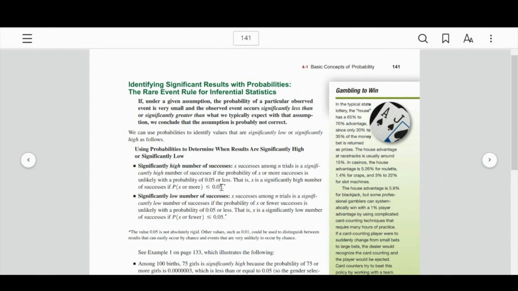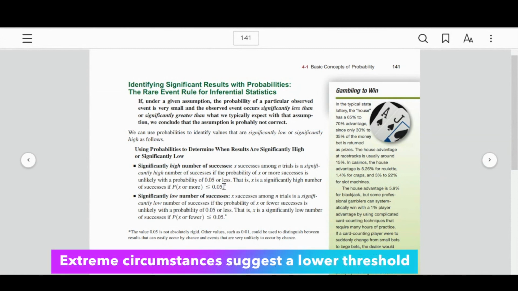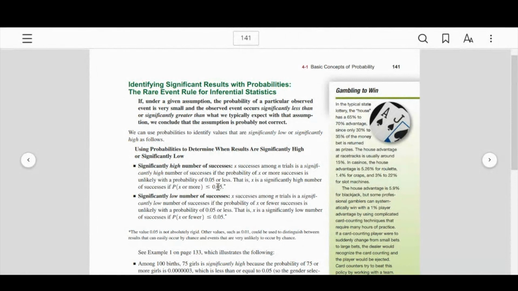Anyway, if you are sending people into space, you want fail-safe measures to be pretty safe. You don't want things to go wrong with a space shuttle or a rocket. And so you might insist in your quality testing that this value be smaller than 0.05. I don't want 1 out of 20 crews to die. I want 1 out of 100 or 1 out of 1,000. And so you could make this number smaller if it was important to you.